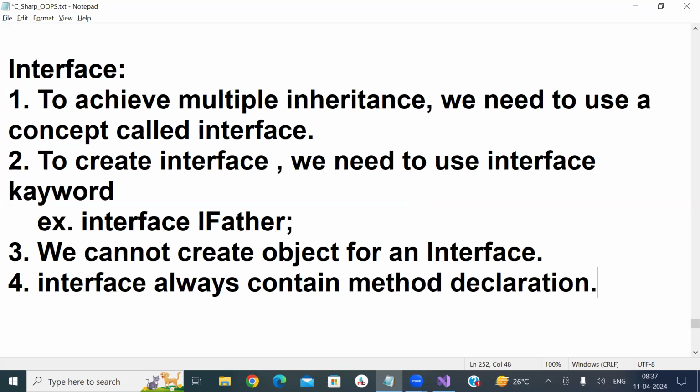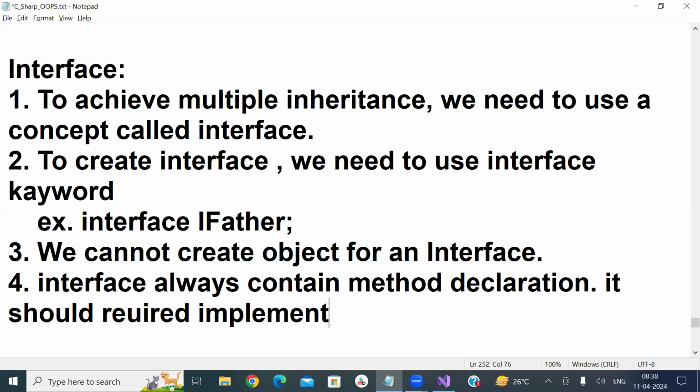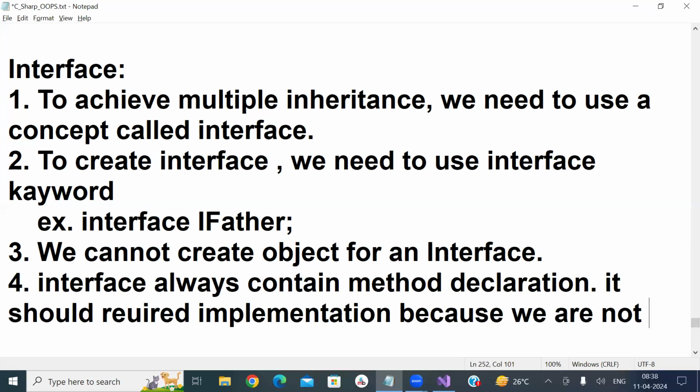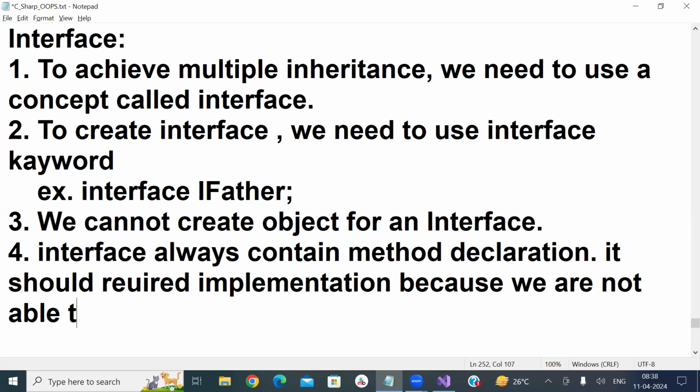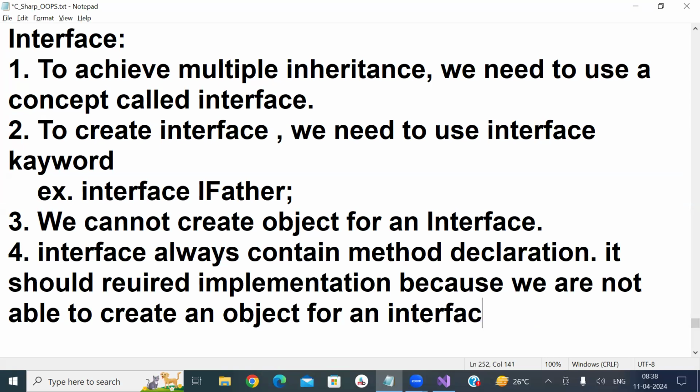It shouldn't require implementation because we are not able to create an object for an interface. Have you got my point? We are not going to create an object for an interface. And the second point is,